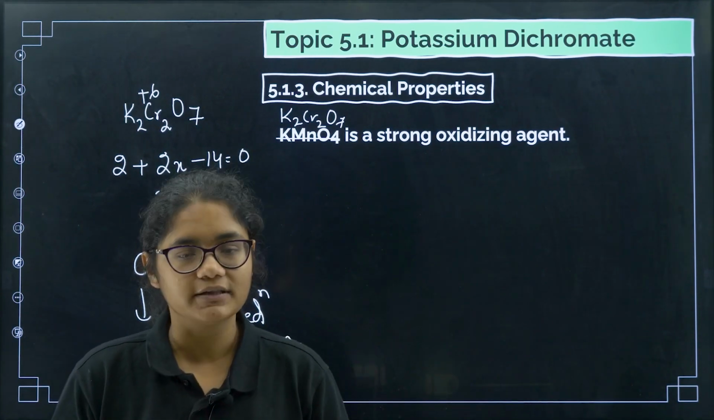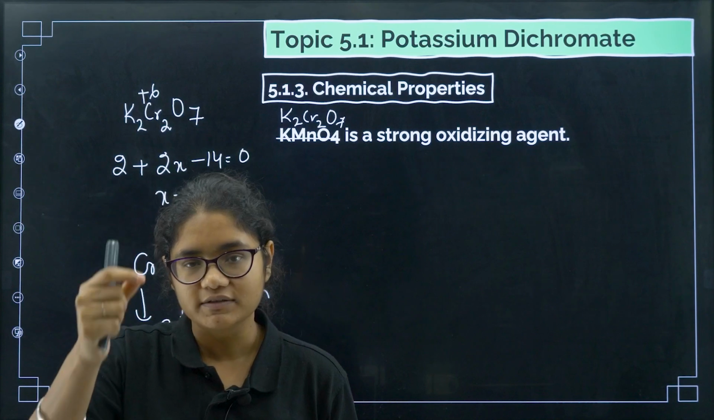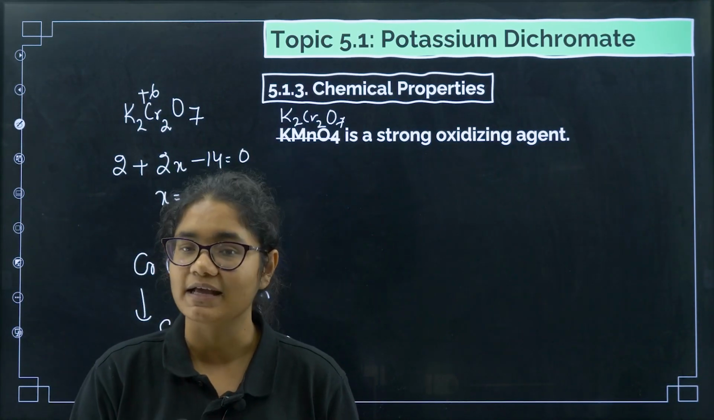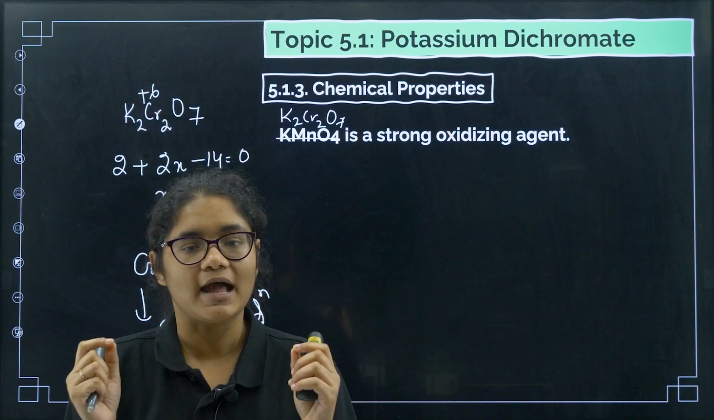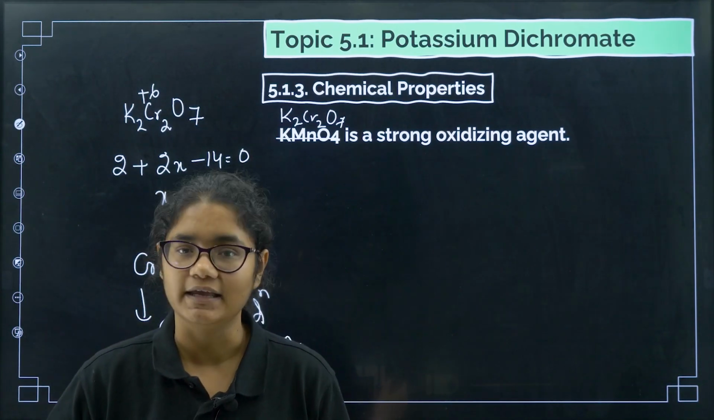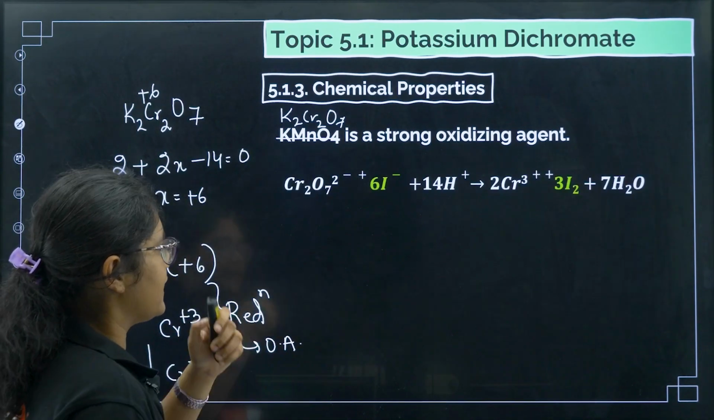Now it cannot go higher further, it can only come down. The oxidation state can decrease from here. So if the oxidation state decreases, it is undergoing reduction, and if an element undergoes reduction, it behaves as an oxidizing agent. Clear? Okay. Now if we see the reactions here,